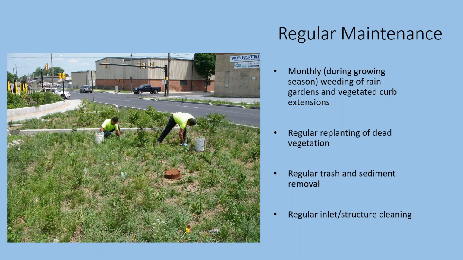So that did impact our maintenance frequencies and our ability to go out and maintain them. And it also did cause some issues with plant survival rates. This year, we're having a little bit of an opposite problem. Some of our newly planted rain gardens are actually really suffering from the droughty periods and the fact that it's been really hot in between rainy periods. So we're trying to find that balance with some of our new installations.